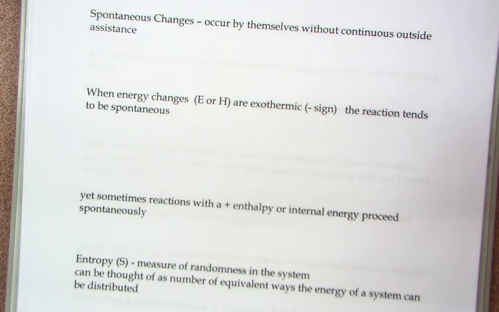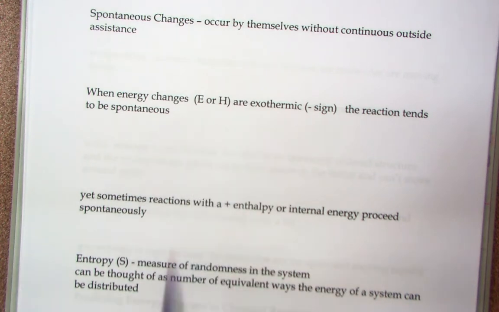So that was kind of a quick review, putting a new relationship into things we had talked about in Chem 111. Now we're going to introduce something that we didn't talk about in Chem 111, and this is the idea of spontaneity and the idea of entropy. When we talk about spontaneity, we say that something is a spontaneous change. It happens immediately by itself without outside assistance. And when we have a chemical reaction and the energy or the enthalpy is exothermic, where heat is given off,